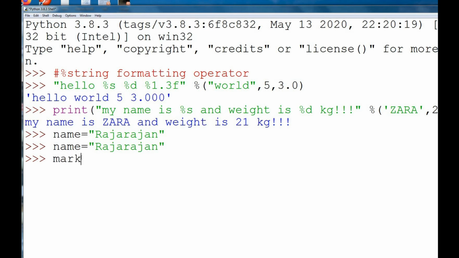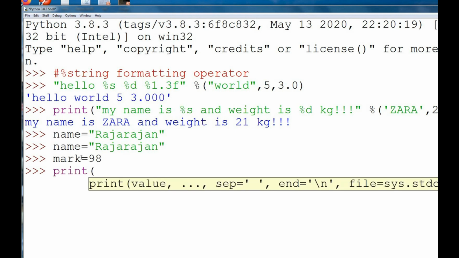Print "name %s and marks %d" % (name, mark).